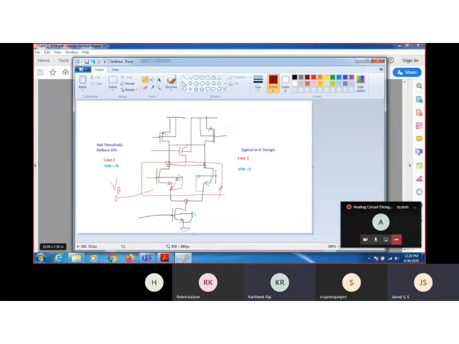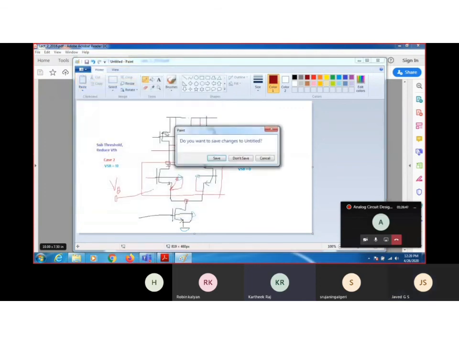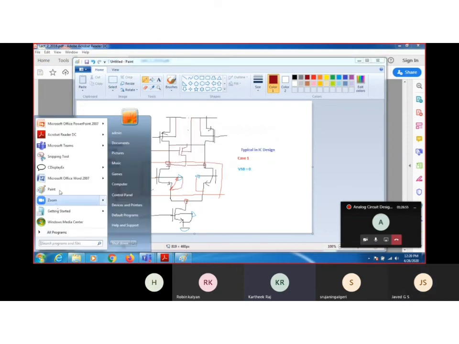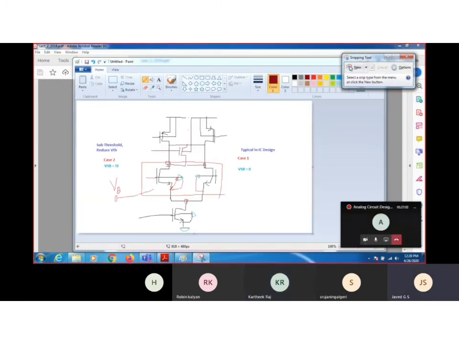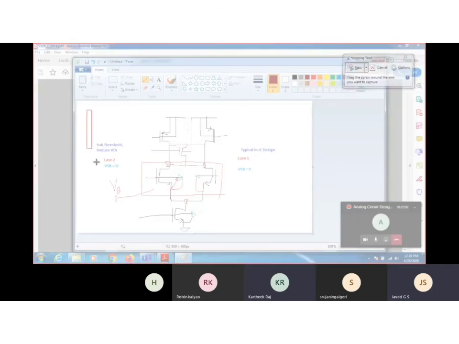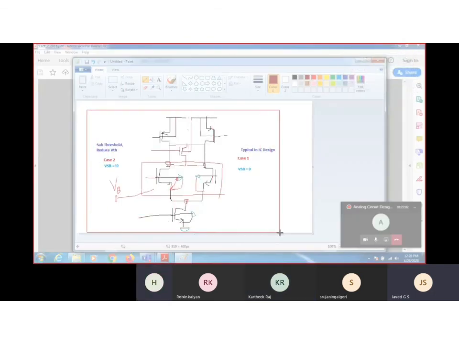So the practical application you are saying is, as we have to maintain the subthreshold region, VGS should be around VTH. So that is one thing. And to maintain this VTH constant, PTAT bias should be maintained. You will have to maintain PTAT bias, right? Yeah. Okay. So you have to. What bias is that, sir?